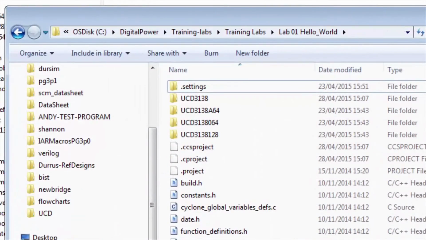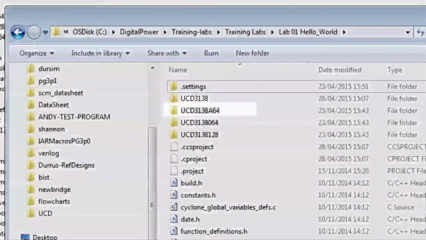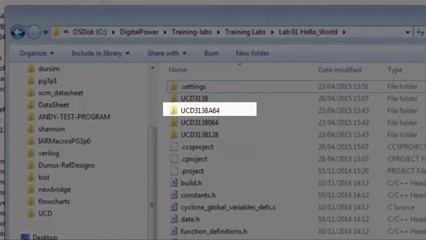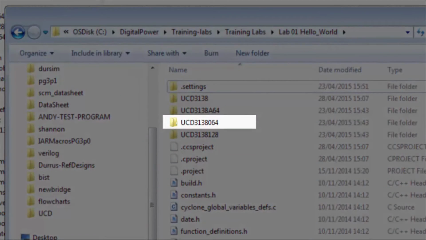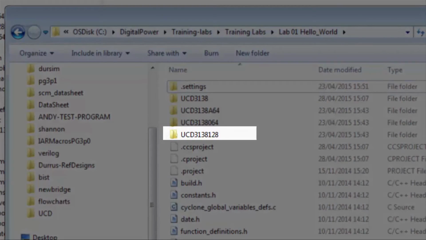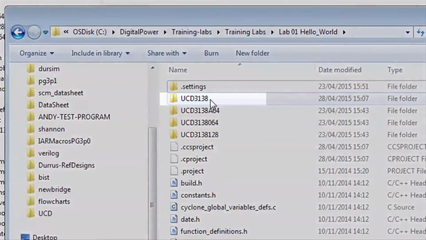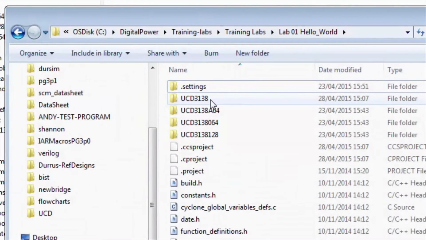When a configuration is set up for a project, CCS creates a folder with a name the same as the configuration name. For example, we built for the UCD3138 configuration. Doing this creates a folder called UCD3138 within the folder containing the C source files. Descend into this directory to see the output files.